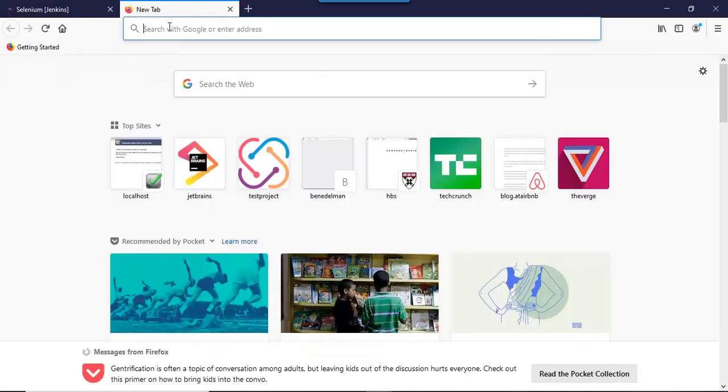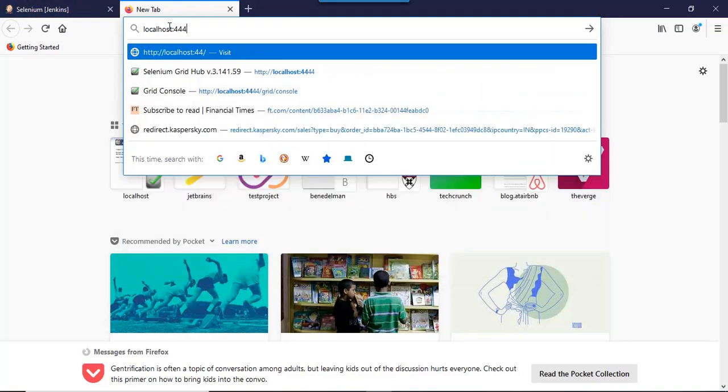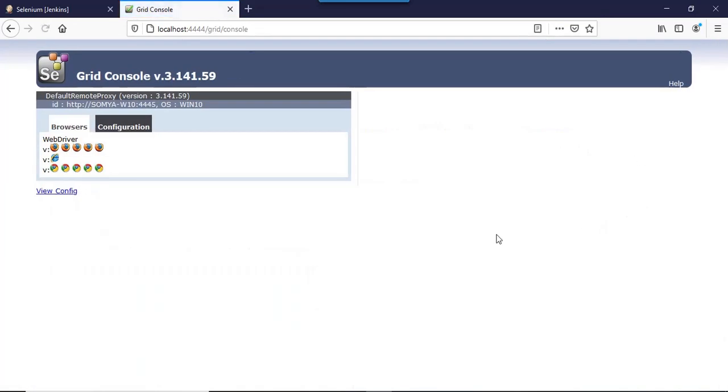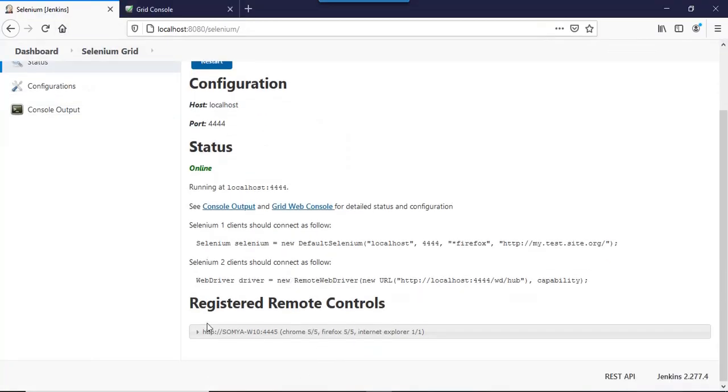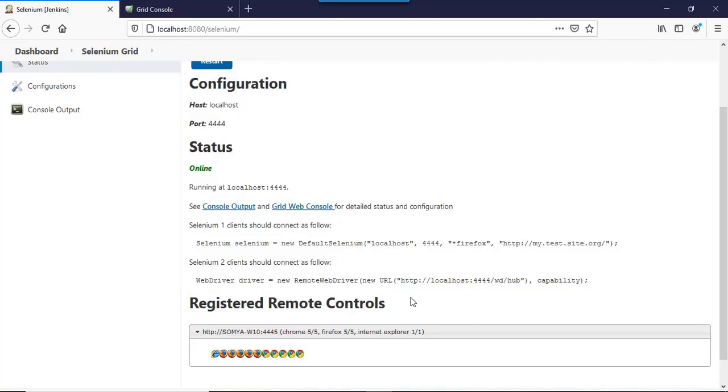By default, as we know, it goes on localhost 4444 port. So let me go on localhost 4444 port, and if you see here, the registered remote driver is running.